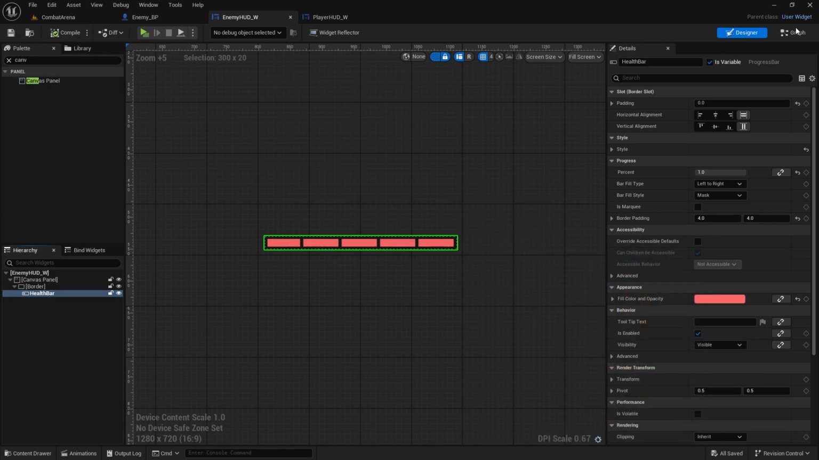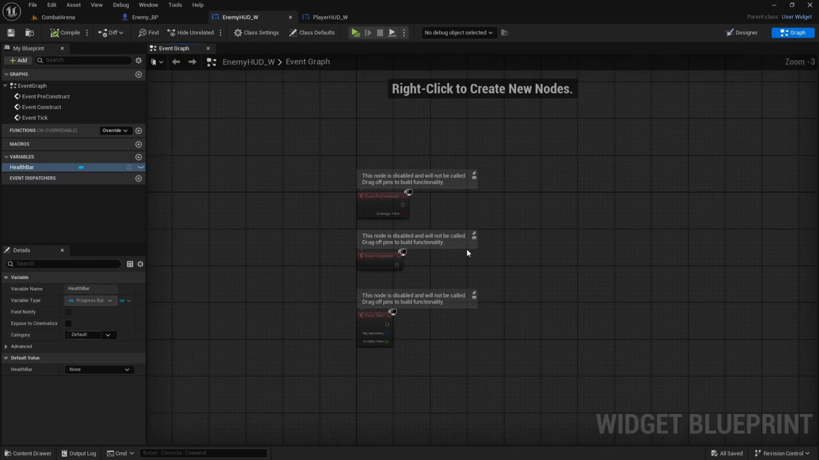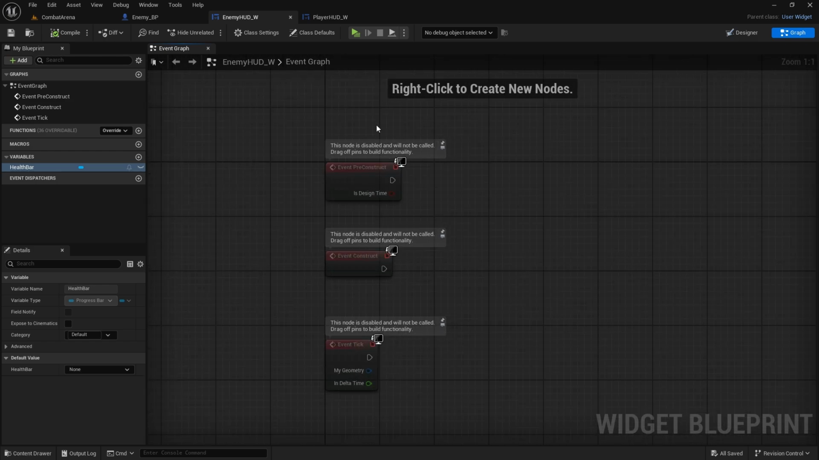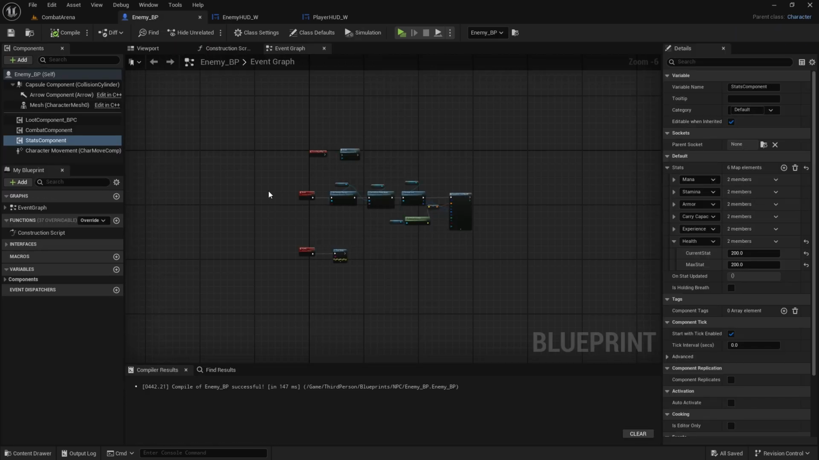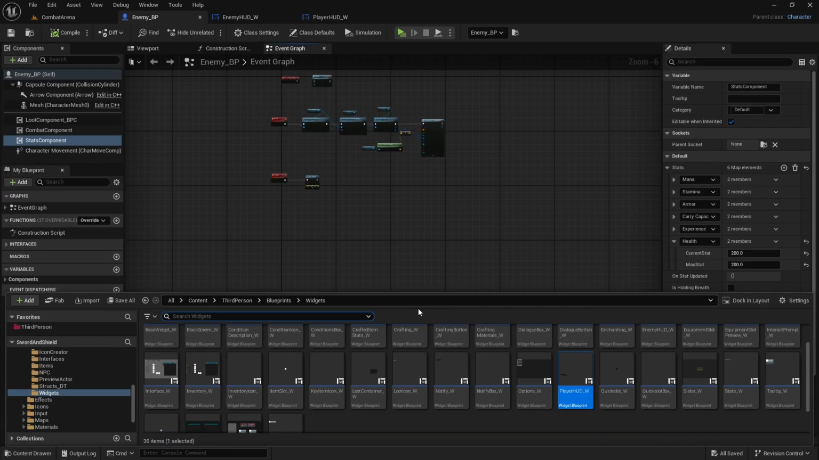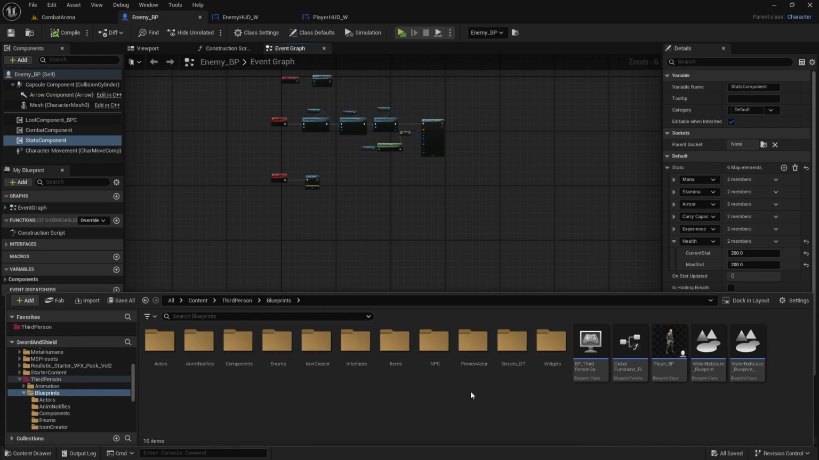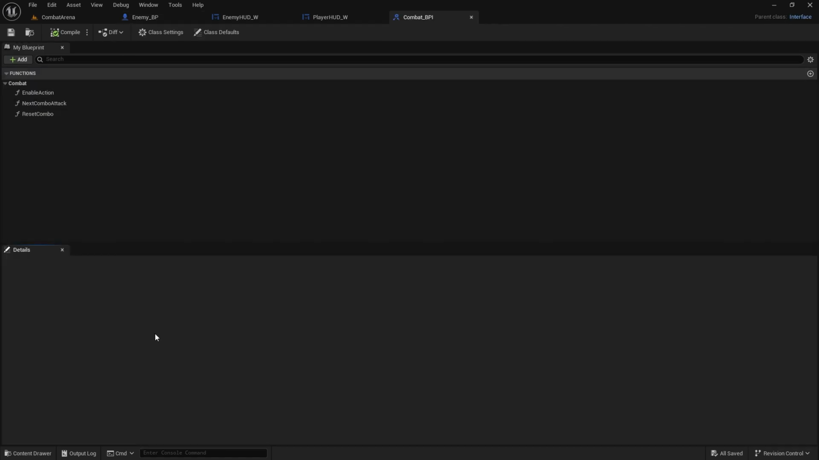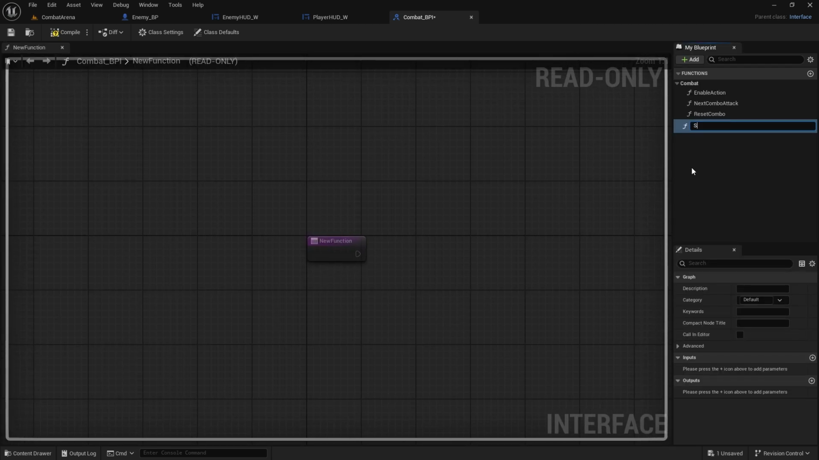Compile and save. And now in this health bar, we will also need a reference to the actual enemy, but we're going to set it up instead of casting, because casting is quite hard if it's not the player. So we'll have to do it from the enemy. And for that we can use a blueprint interface. So let's go to interfaces, open combat BPI, and here we're going to add a new function, and this will be set enemy